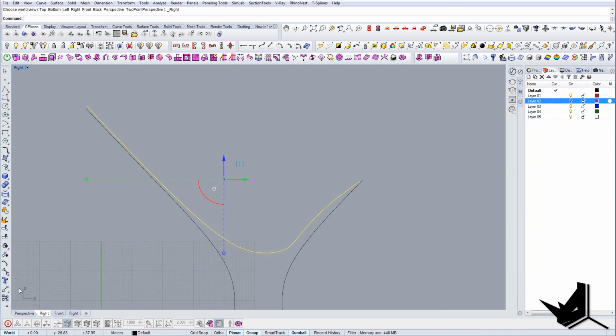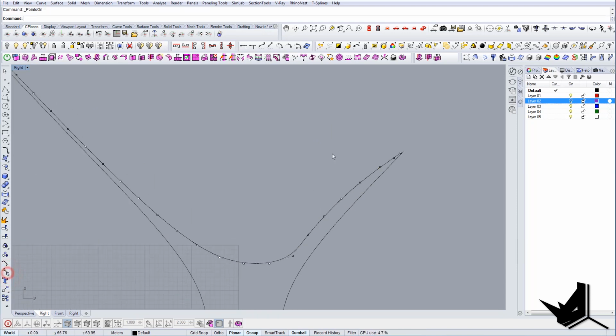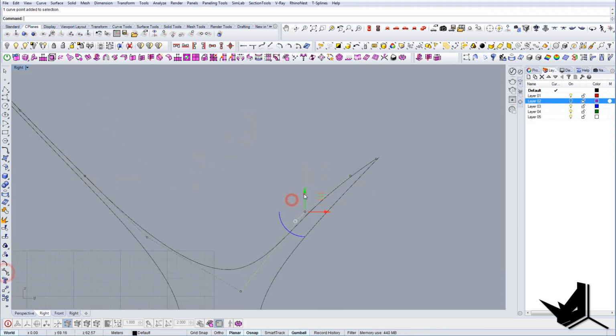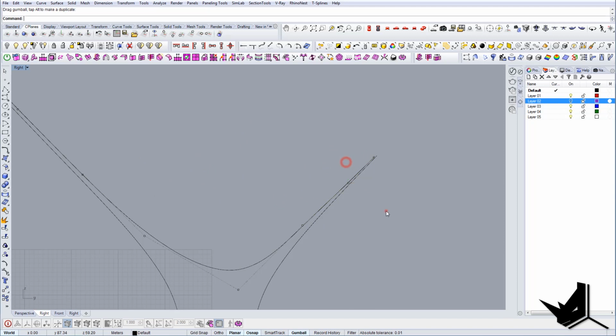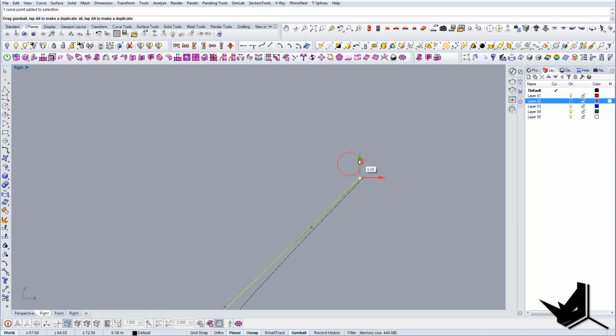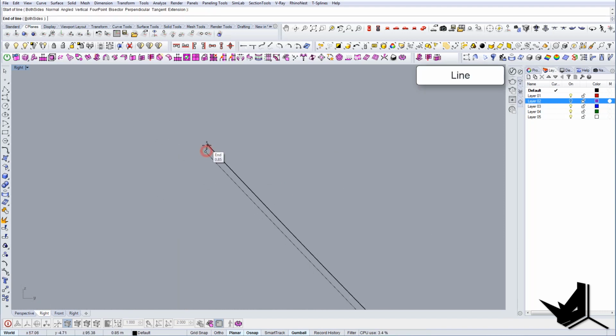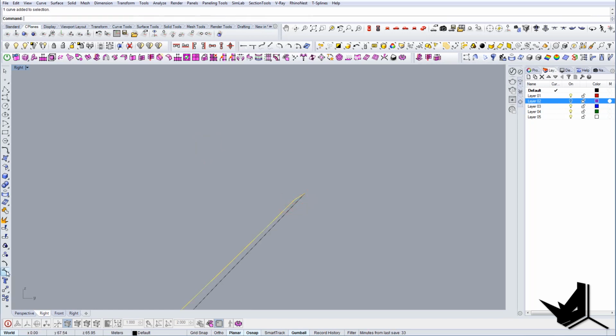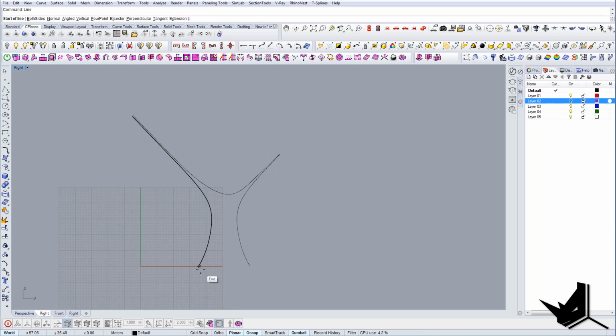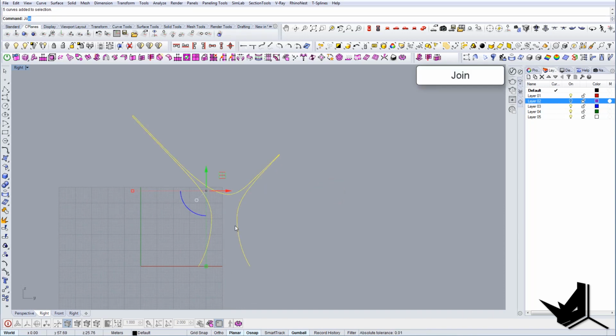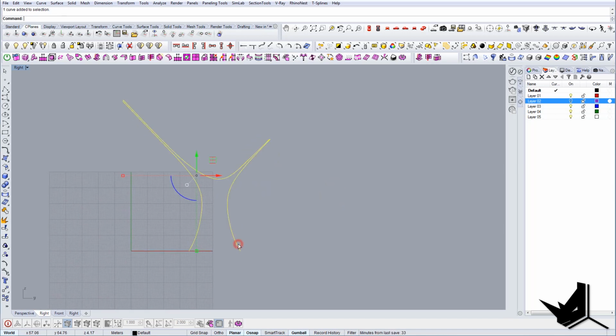So I can see that this curve here didn't turn out very well, so I'll just quickly fix it. Like so. And for example, once I'm happy with this, I'll just close it off here. Of course, it depends now how you want to have the top, but for now, let's say that this is fine. And once I'm done with this, I'm going to close it, and I'm going to offset it